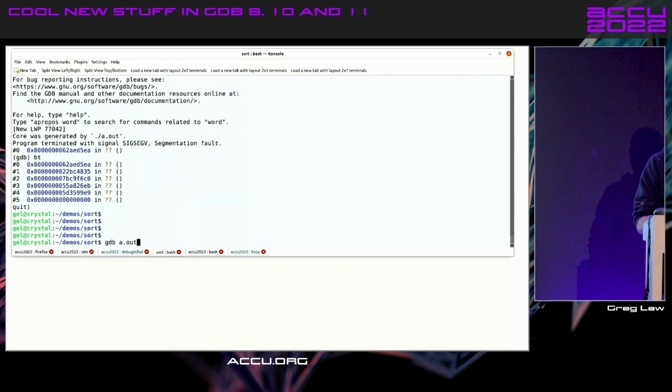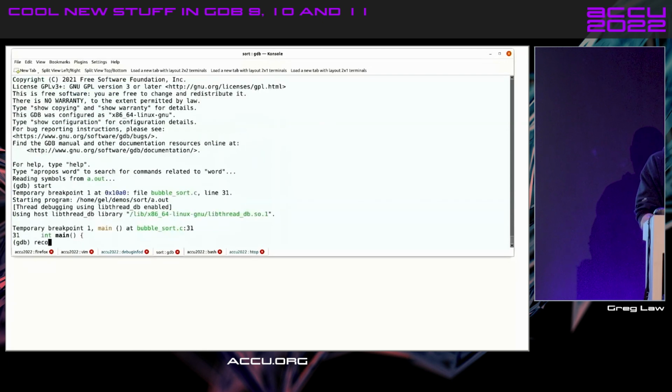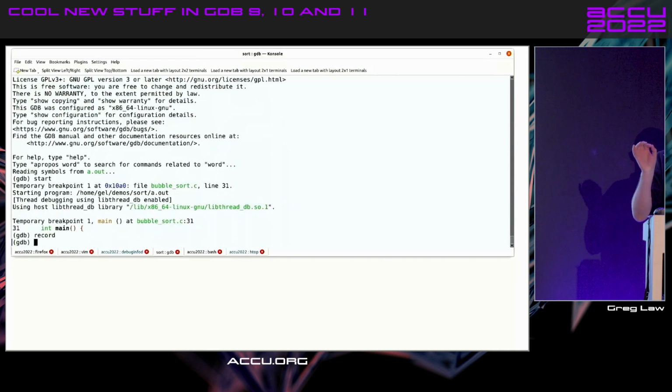So let's try, I like this demo, this is kind of a fun demo. I can run it with process record, which is the inbuilt recording thing. It's kind of slow, but it works. So I'm going to start, and record. So this turns on recording. So now when I continue my program,